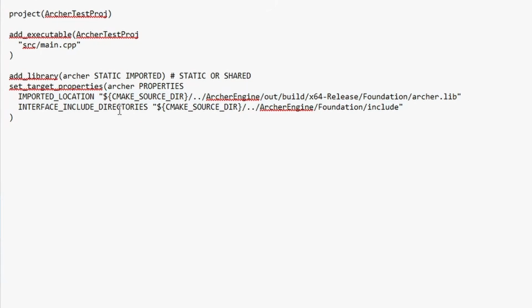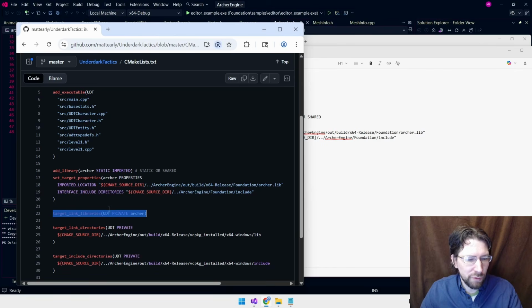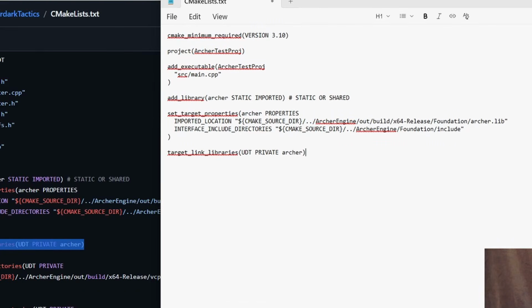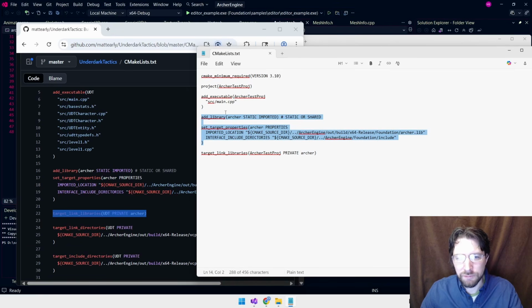Alright, we're also going to have the include directories, and it's a very similar thing. You just point it to the includes for the library. That's so you can get the headers that match with the lib. We also of course need to link it, so we're going to do that. I'm going to name it our project. Once we add that library and our executable, of course, we can now link our library to the executable.